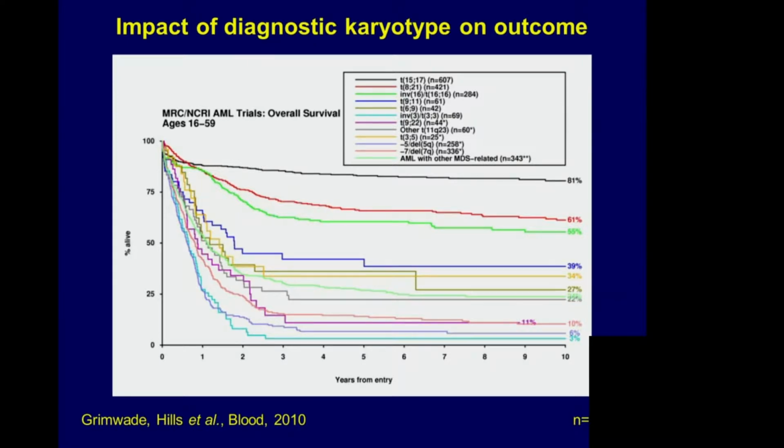So to start with, I'm just going to review the evidence base for using molecular MRD tests to refine prognosis in AML. And as I'm sure all of you know, the backbone of risk stratification for this disease for many years has been based on the cytogenetics at presentation. And what you can see from this graph is that this provides extremely powerful prognostic information, dividing patients into groups